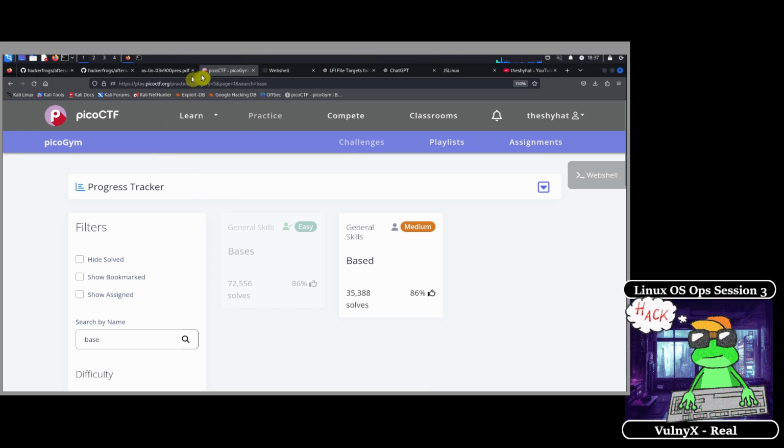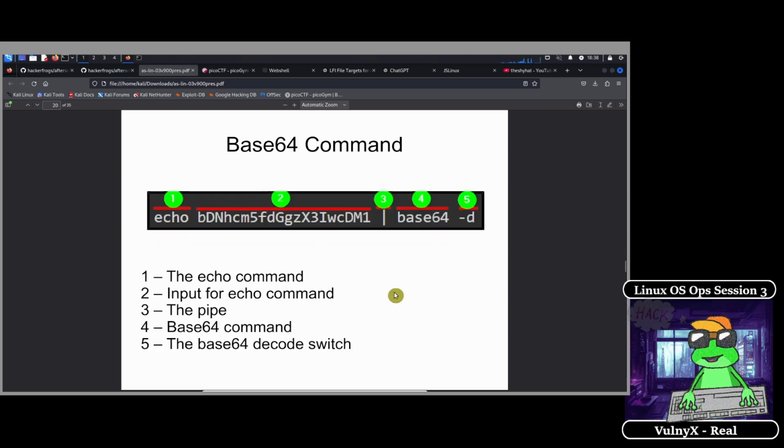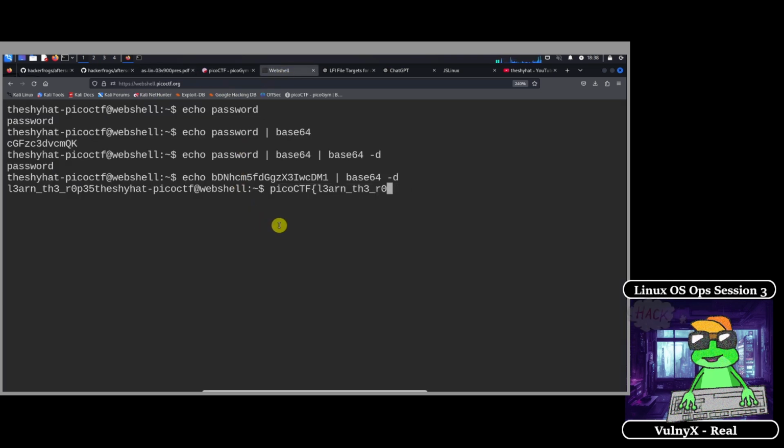Okay, so we're going to complete one more challenge, and what this challenge is going to do is blend the two challenges, blend the two new concepts we learned in today's class. So, okay, this is explaining what we did in the last challenge. So we've got the echo command, and then we've got the base64 string, and then the pipe, and then base64 the command, and the -d for decode. So we can actually practice a little bit more. So anything you want. So for example, if we wanted to,